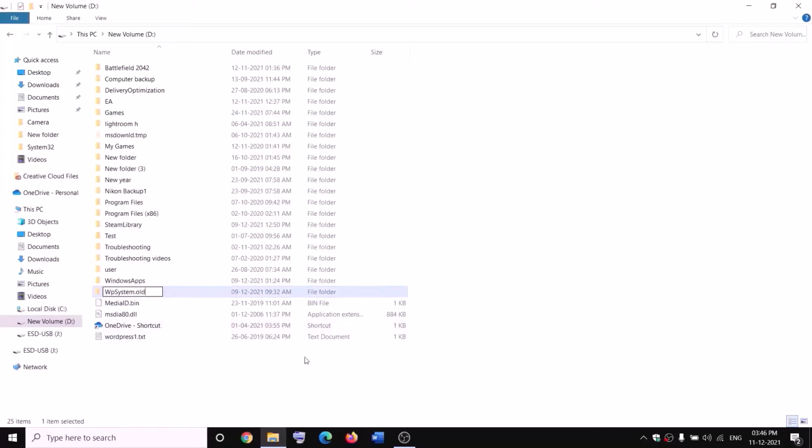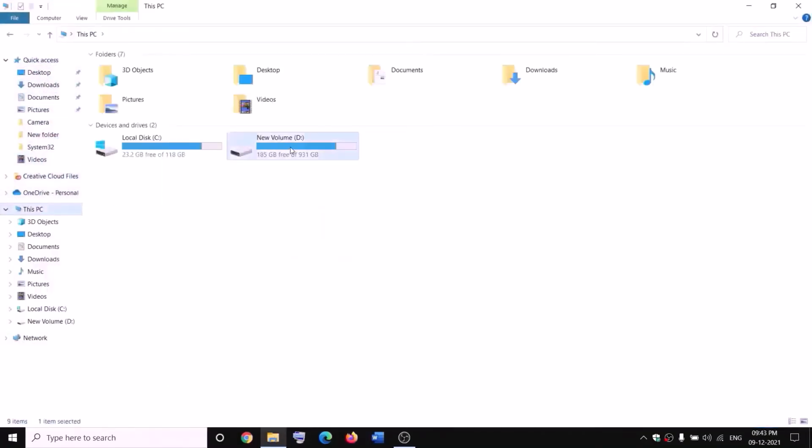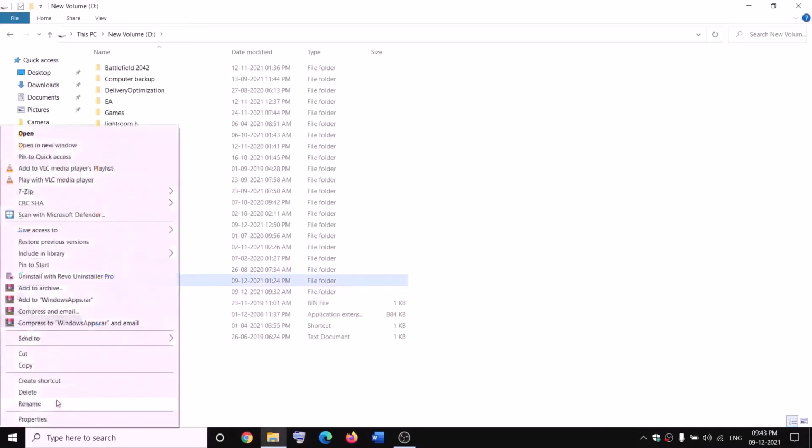Now, if you still face the problem, in that case you can go ahead and restart your computer and then try to rename it once again. Open File Explorer and then go to This PC, open D drive, then make a right click on Windows apps and then rename it. Now before rename you have to take the ownership, make a right click, then click on